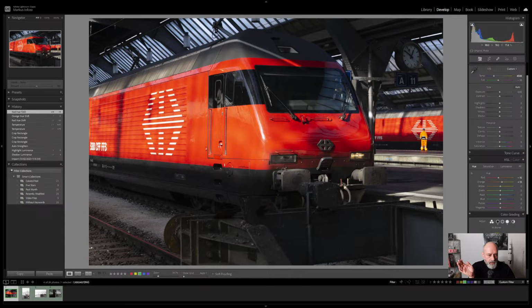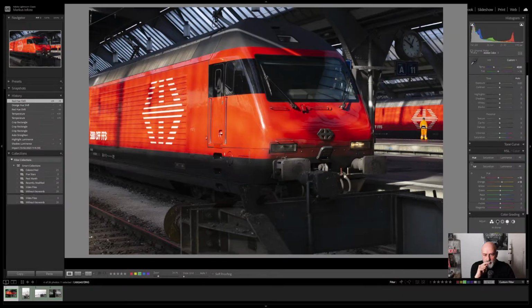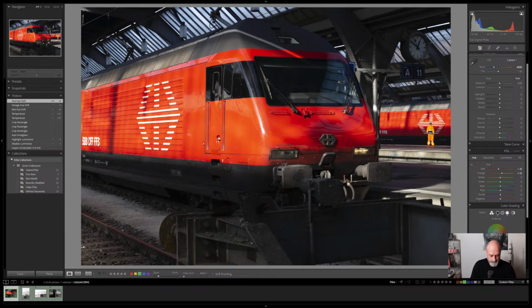Because maybe you meant that one. And I was just wanting to selectively change the red of the train. Yeah. Oops, sorry. I think other than that,